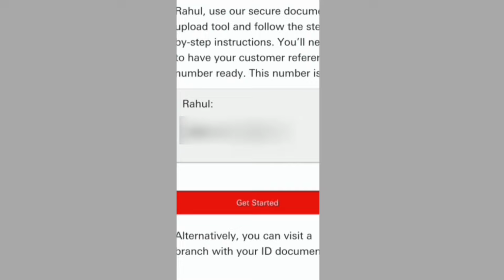Now friends, they have provided an application number to us, so we have to copy this application number, and make sure you don't lose it and don't forget this application number. They will review your application in the next 2 working days, and they will open your account in the next 2 working days. And now if you want to activate your account, then you have to confirm all the details from your mail ID. After this confirmation, they will send your debit card to your home address.